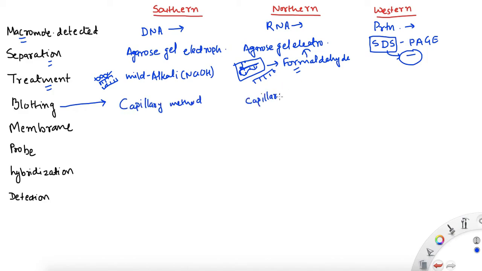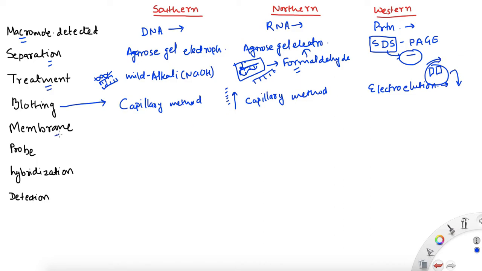For northern blotting also it was the capillary method, where you remember we had made that stack of gel, membrane, blotting paper, and down to up the transfer buffer would go with the help of capillary action, taking the bands along with it from gel to membrane. And in case of SDS-PAGE, we use electroelution, right? We had used the electric current to transfer the bands from gel onto the membrane. Here there was a sandwich and we put it in a system where we can apply the electric current, and the bands were shifted from gel to membrane.